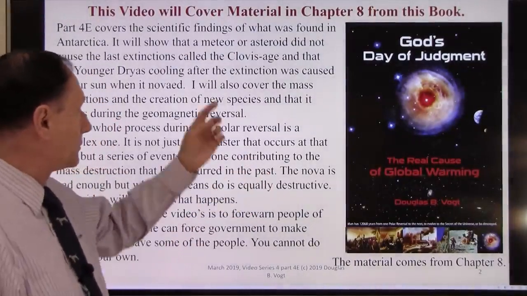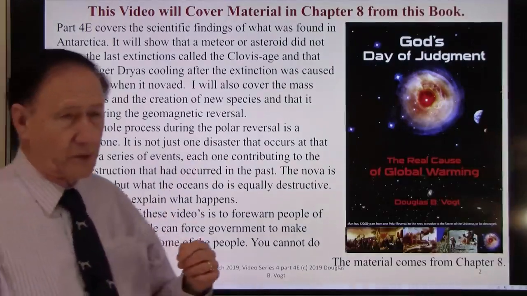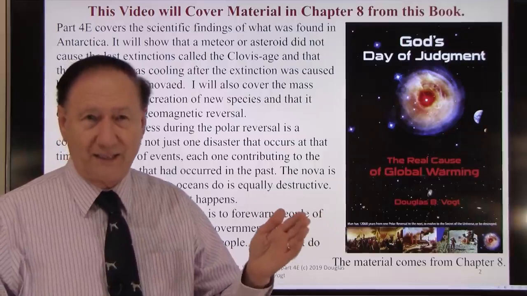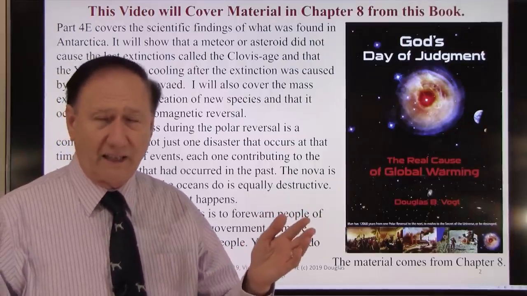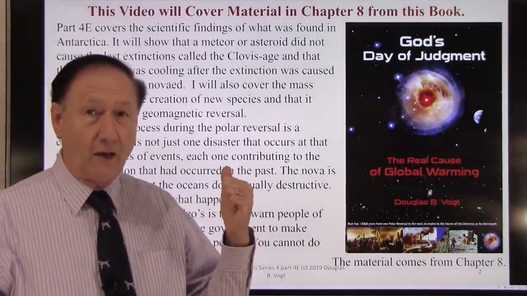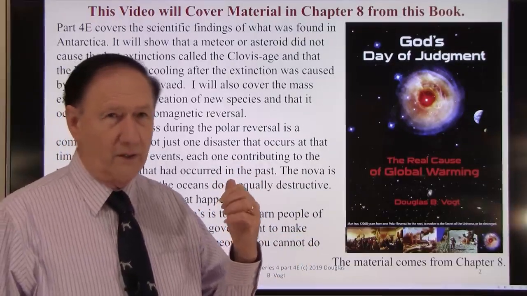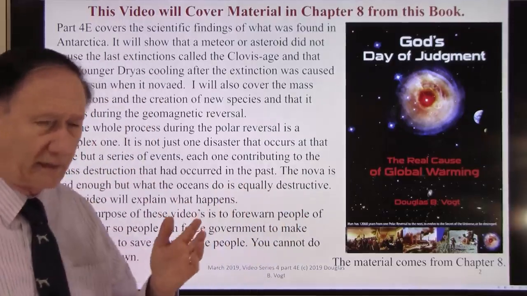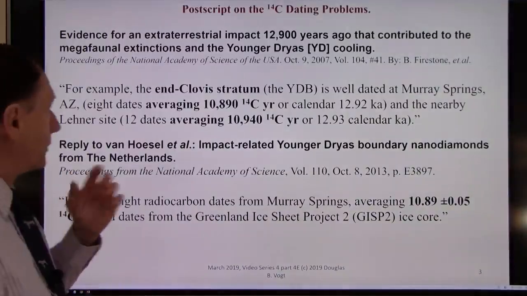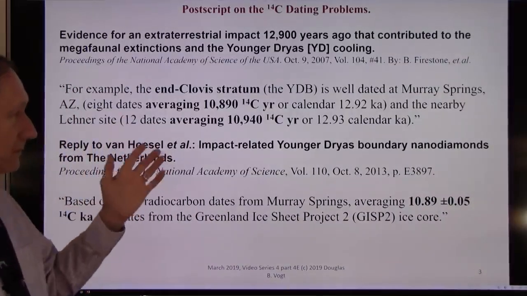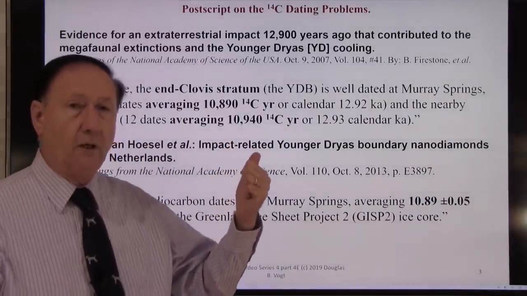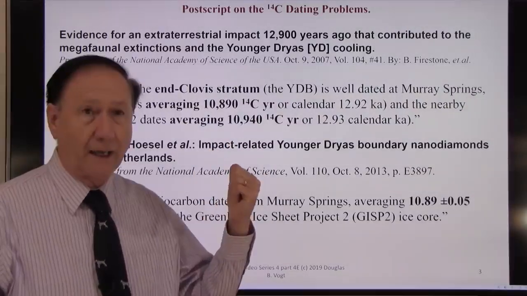Okay, one of the things I covered in the previous video was this Clovis age dating, which they had dated older than it appeared, because the archaeologists got involved in this thing back in '96, '97. And what you saw in the previous video of how they altered the information was pretty bad. They shouldn't have done something like that. The logic was just bizarre. Anyway, we'll start in. Now, I'm going to try to explain some of the carbon-14 dating and why it appears the way it is before it's altered by their new calculations.